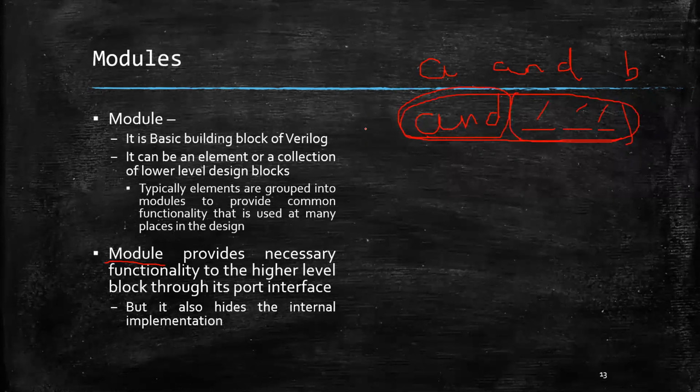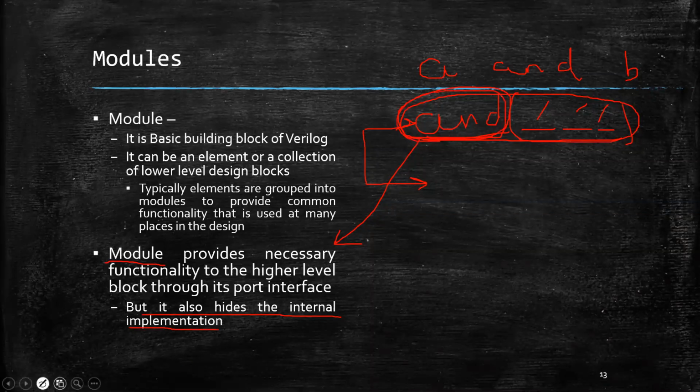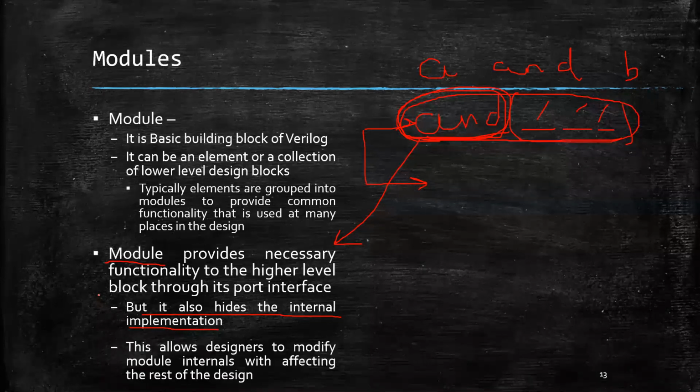Now you are just using this directly. How the AND gate is implemented, how the switches are used, what kind of switches are used, you are least bothered about that. That is what this statement implies: the internal implementation details are hidden. How the AND gate is implemented, those details you can hide. That is what we had discussed.